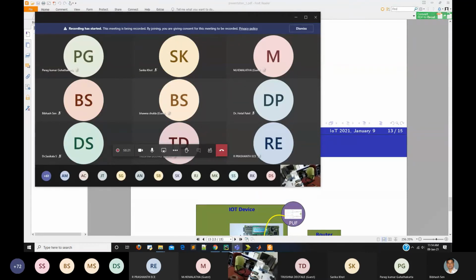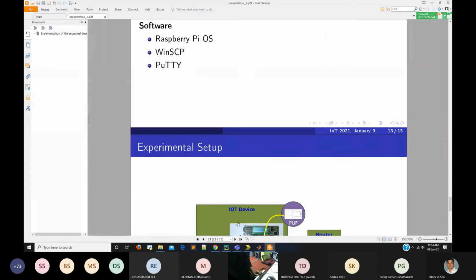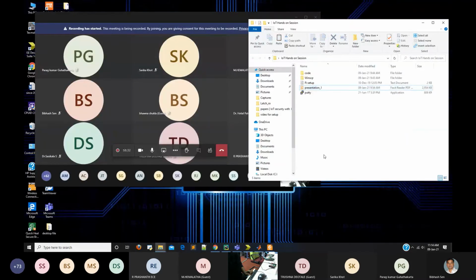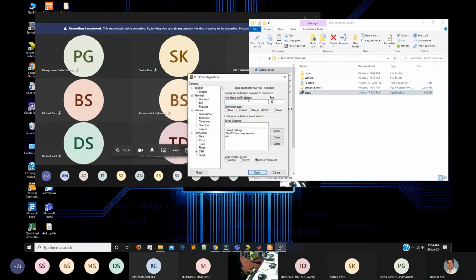Now we will show you the application. In the application, first we will connect over SSH. To connect with the Raspberry Pi, the IoT device and the server, we need to be on the same Wi-Fi network.